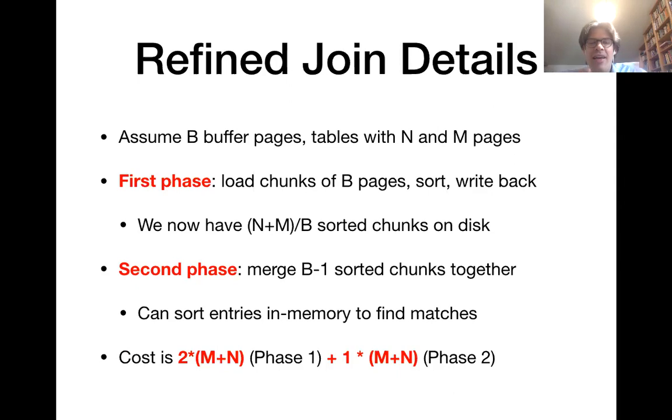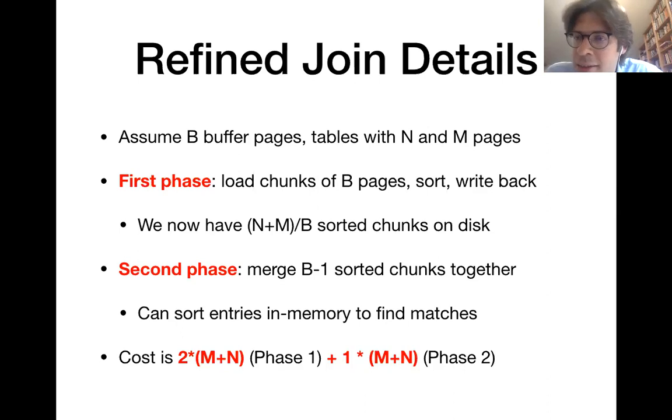Then in the second phase, I will merge together B-1 sorted table chunks, because I need an input buffer for each one and 1 output buffer. And if I can do this in one pass, then my total cost will be 2 times N plus N for the first phase, reading and writing once, and 1 times N plus N for the second phase, which is only